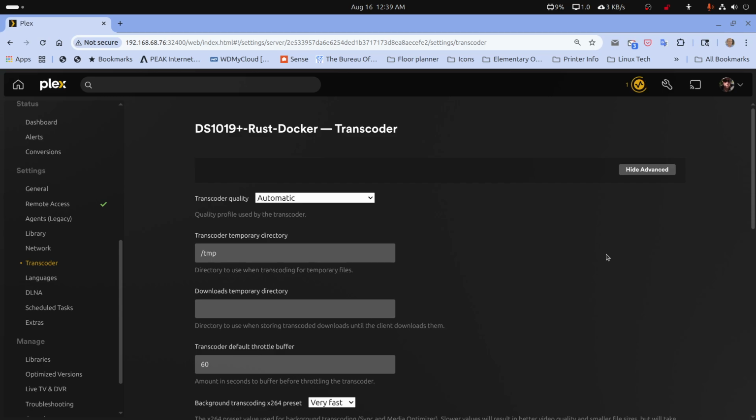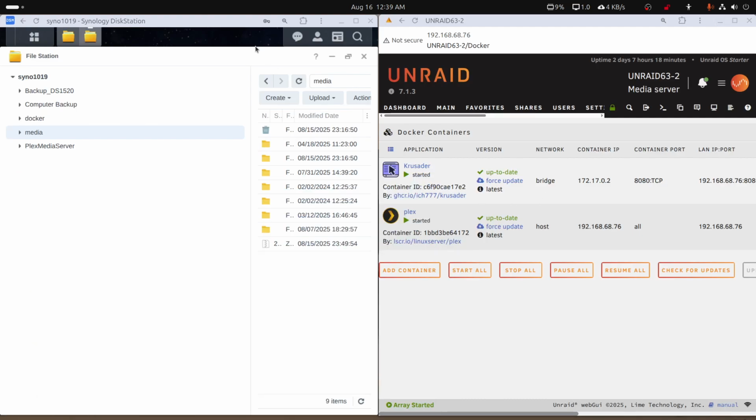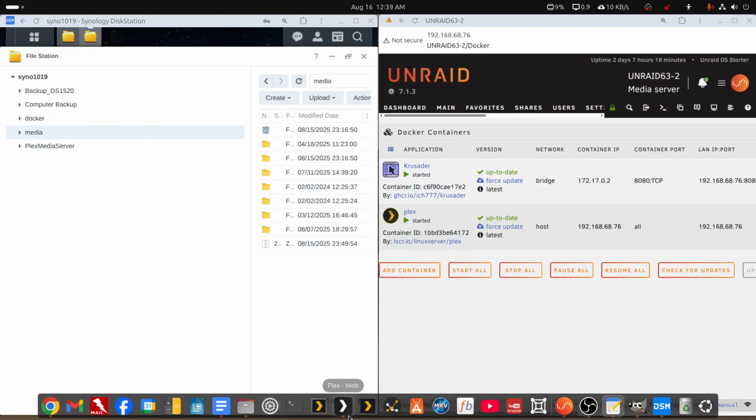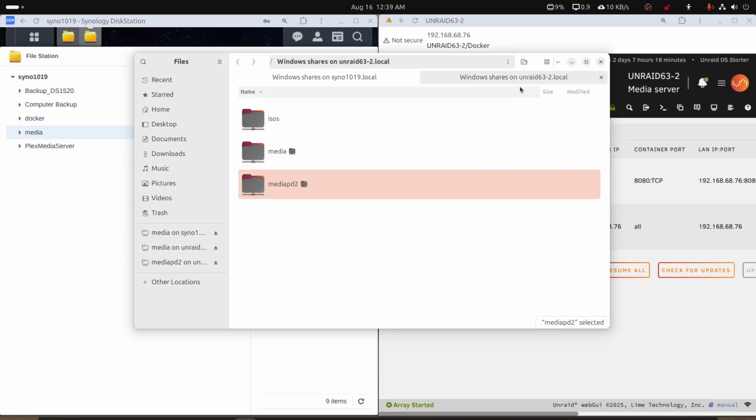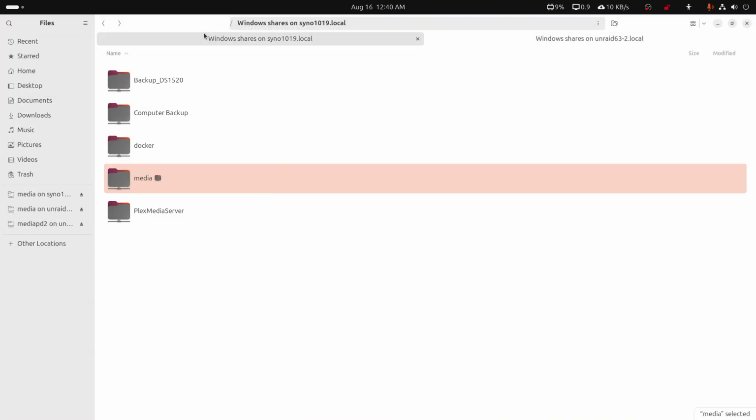So now we've just moved the Plex server, and if you've recreated the same folder structure on the Synology NAS with one shared media folder to the Unraid NAS with one shared media folder, you're golden. But again, you can play with the structure. So let's get my file manager in here as the last thing. So if I had a flat structure